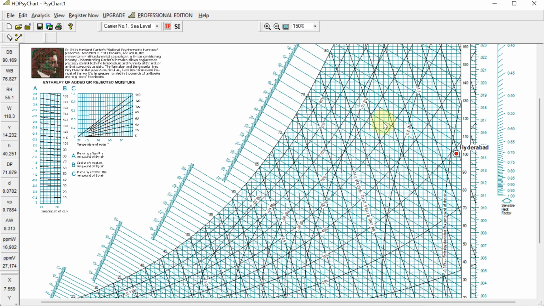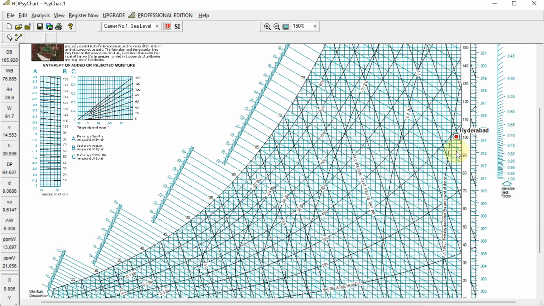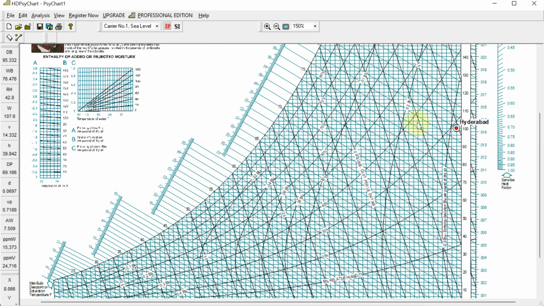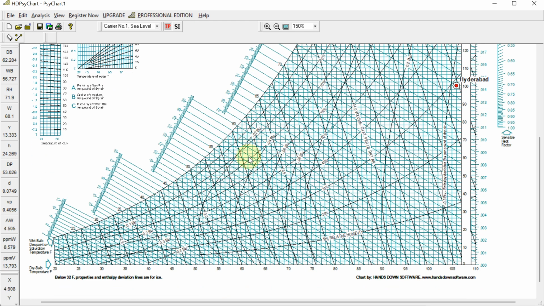If you take this line, both are intersecting here: the 106 dry bulb temperature line vertically, and this inclined line which represents the wet bulb temperature. Both intersect at this point. Based on that, you will get the humidity ratio value, even the relative humidity, everything from the chart, and you can easily see that value. In this way, normally you can find out the outside design